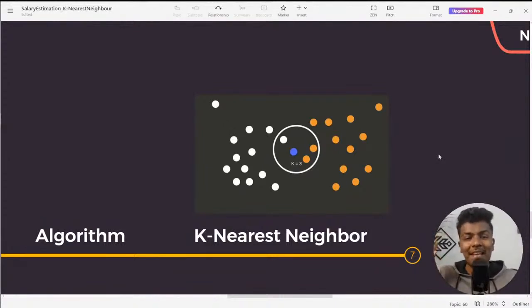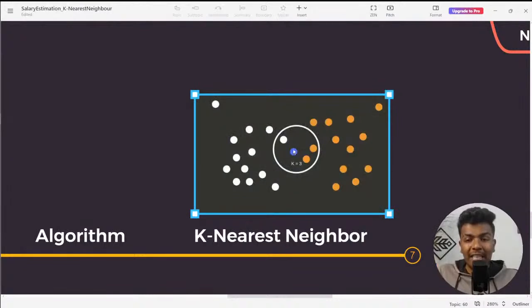Are you clear with me? You can see from this picture, since the k value is equal to 3, the blue data point, which is a new data point, is going to measure the distance between this blue versus this one, blue versus this one, and so on. Likewise, the distance to each and every data point is going to be measured with respect to this blue data point. From that, it is going to choose the top 3 data points which are closest to this current data point. From this part, we can make a decision by seeing the majority.